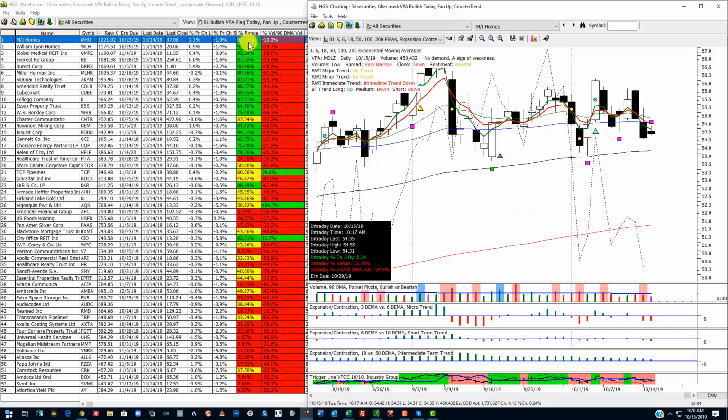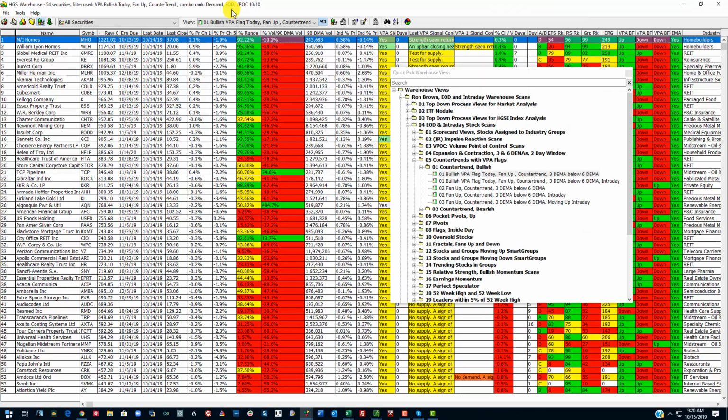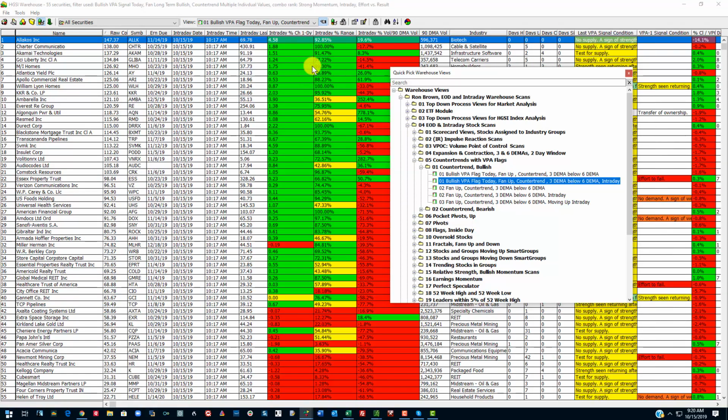Let me bring up a chart here, and you can see that this was a counter trend until today because the 3 was down below the 6, but you can see that this stock actually crossed over today. I'm doing this intraday. It was red down here on the histogram, but it's going back up. So that is a counter trend that was negated. Let's go to the intraday version of this and